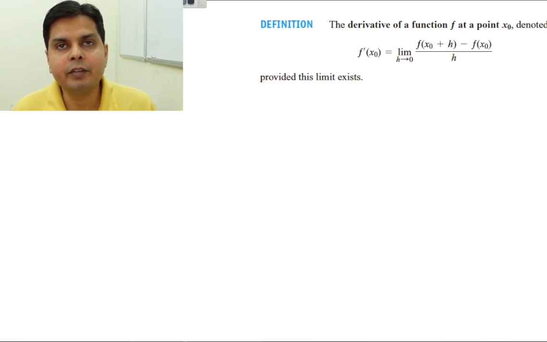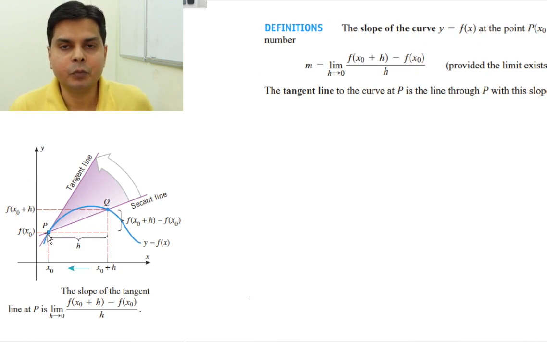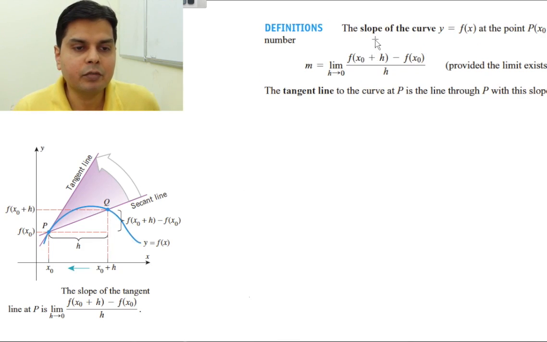This concept of derivative has geometrical applications also. It was derived to find instantaneous velocity or instantaneous speed. We will see the geometrical interpretation of this definition. Suppose I have been given a curve y is equal to f(x). This curve is given by this blue line, and I have to find the slope of this curve at, say, point P. Suppose this is my point P given by x naught, and I take any arbitrary point q at a distance h from this x naught.